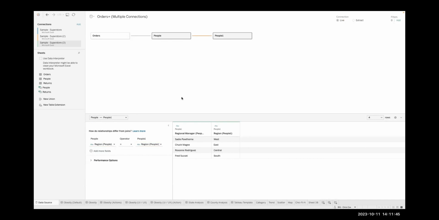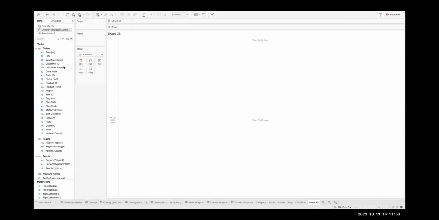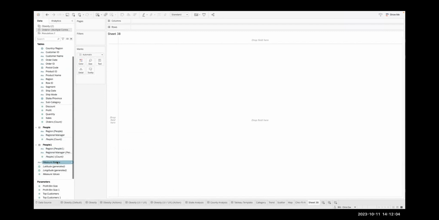So now what I'm trying to do is when I go to the sheet and create my visualization, I'm not getting that third level data from people 1. So okay, so you can do this, but when you click through, it doesn't show up. Correct. So orders, people, they're both here. It shows up, but when I try to build my visualization from the first data source on the left to the third one on the far right, it does not show up when I pull the information from the right side.